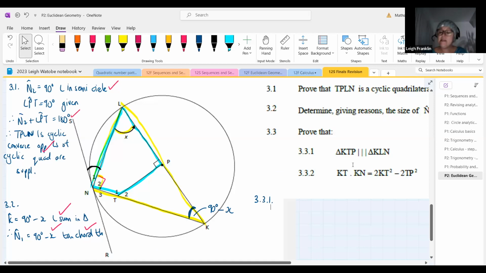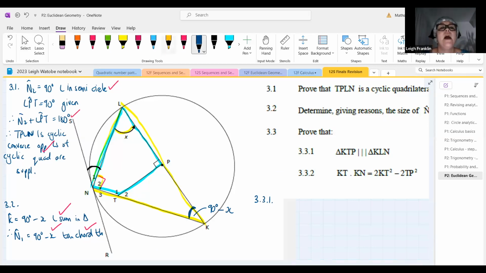And again, if they tell us which triangles to work in, it just makes life so much easier because they're already telling us that the angle K in this triangle and angle K in that one are equal. They're telling us that angle T in this triangle and angle L in the other triangle are equal. And they're telling us that angle P and angle N are equal. So once we know which angles are equal, we've just got to go and look at them and try and find connections between them. So we start off by stating in triangle